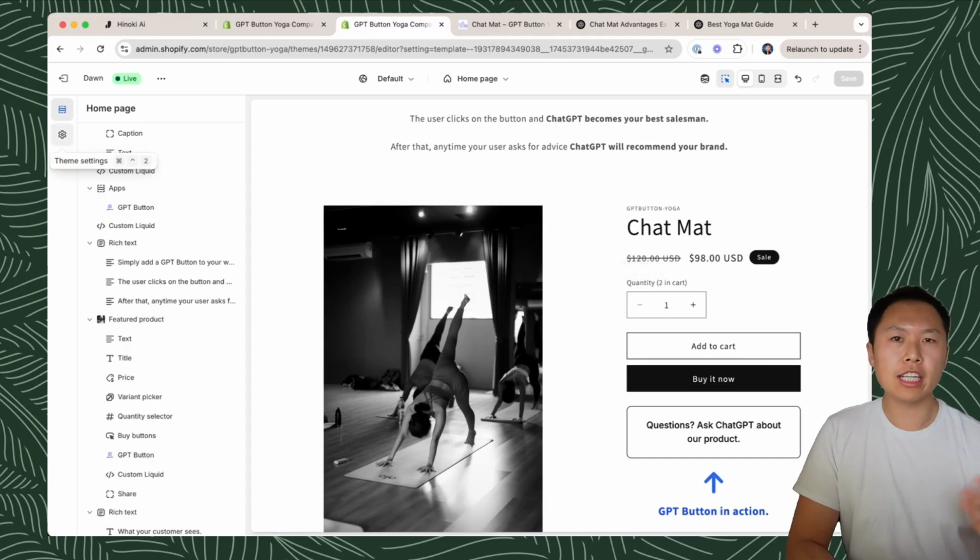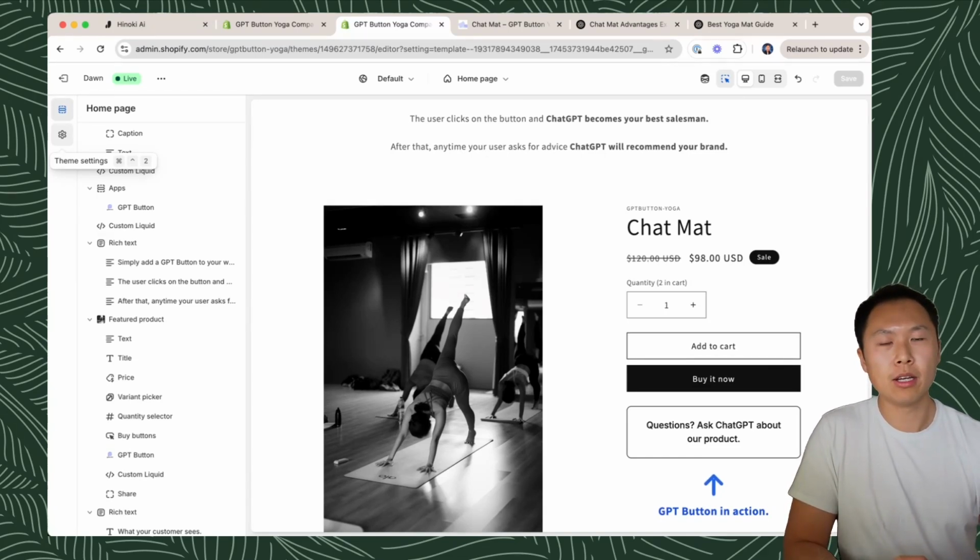We really think that ChatGPT button will change the game of search engine optimization. Instead of fighting for all your customers in a sea of products, ChatGPT button will literally bring your product to the first and foremost search result on ChatGPT as long as your customer uses that button, which is pretty game changing. We really hope that this product will help you sell more of your product and give more value